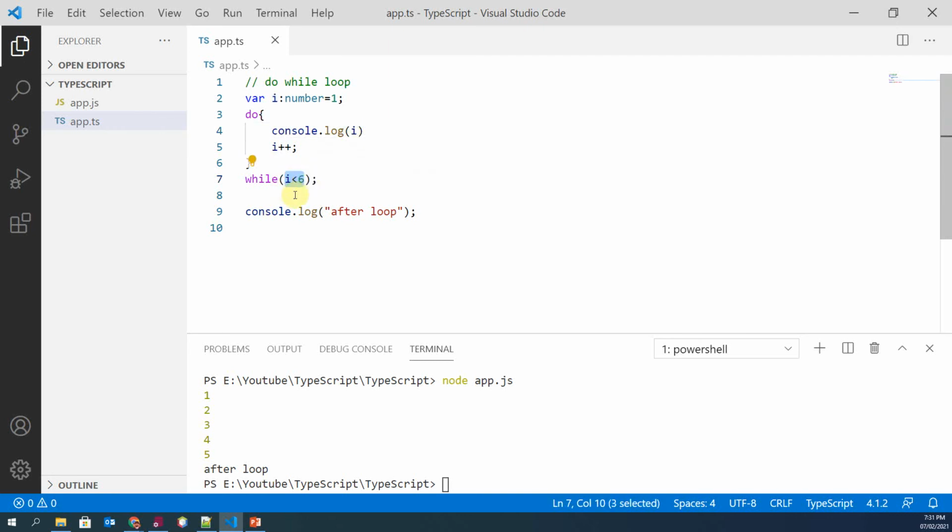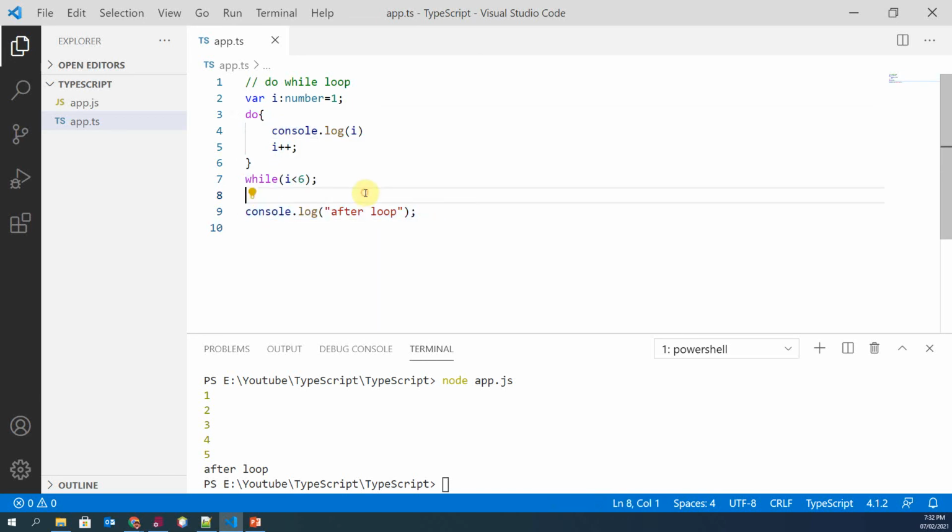If this condition returns true, then control transfers to the body of do while loop. Otherwise, if this condition is false, the next statement after this do while loop will be executed, and that statement